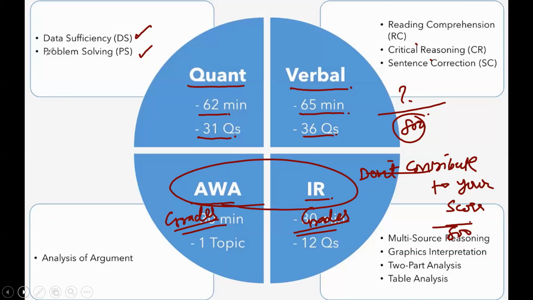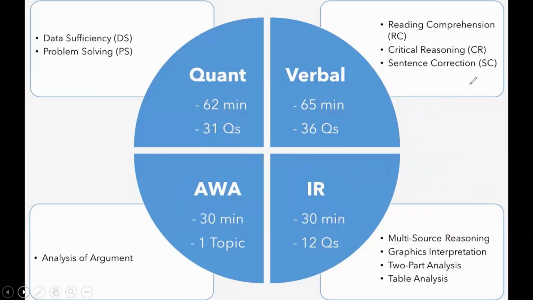Remember, in all the cases, the questions are totally jumbled. You can expect about half the questions from DS here, about half the questions from PS. And in this case, you can expect about 1/3 of the questions from each of these sections, roughly. The remaining 2 areas, as I said, are not important, but they are definitely covered in a course in extreme detail. So this is the GMAT exam.